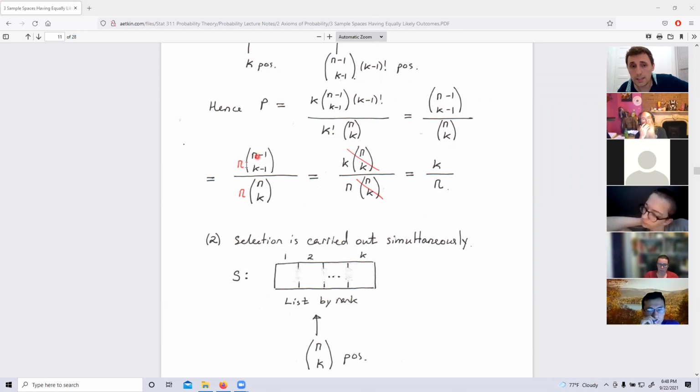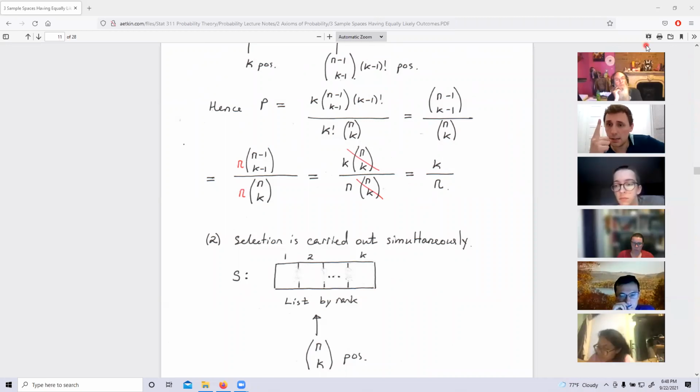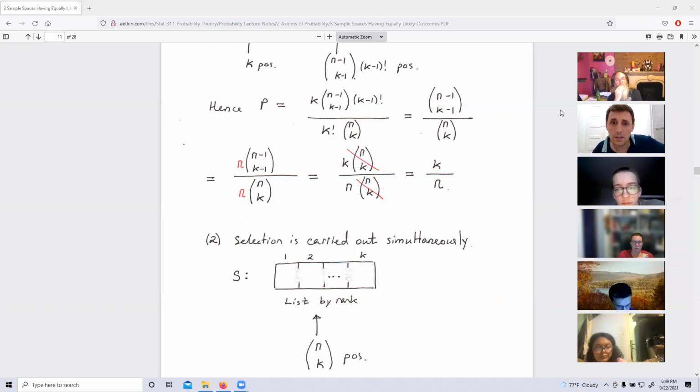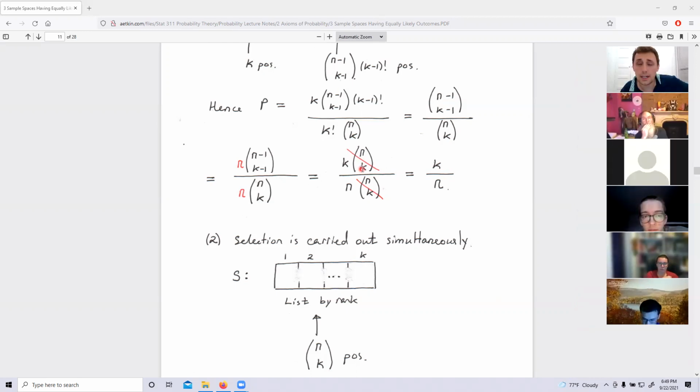And why? Because this looks like I have a committee of size k and a leader. So how many ways are there to select a committee of size k and a leader? I can either select the leader and then give him the remaining members of the committee, or I can select the full committee of size k and designate the leader. You understand? So this means I select first the leader and I have n minus 1 options, and I adjoin to him k minus 1 helpers. Whereas here I first select all of them, and out of them I designate the leader.